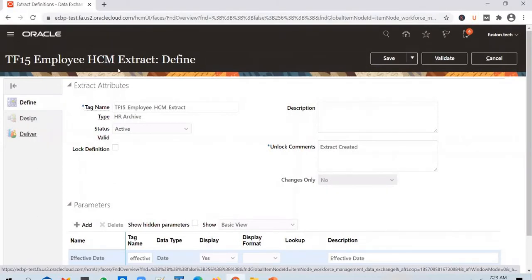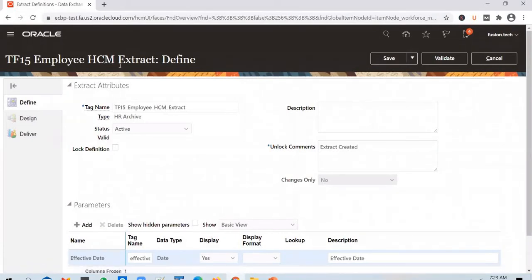Deliver options are quite important in HCM because what are you doing with HCM extracts? You are generating a file from HCM Cloud, and that file needs to be delivered to some other system. And how do you do that? You will deliver the file to UCM. Every HCM cloud instance or ERP cloud instance comes with a content server or UCM, right?